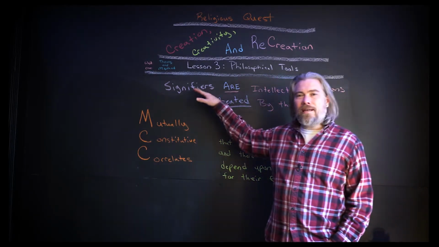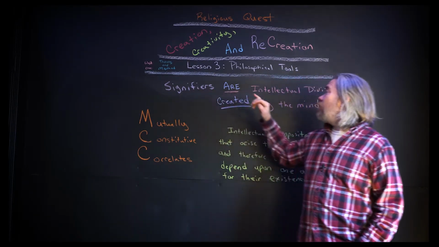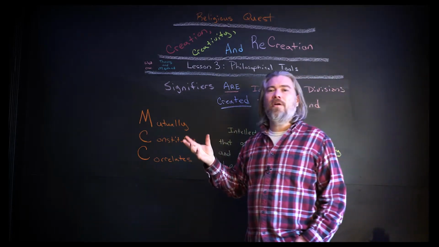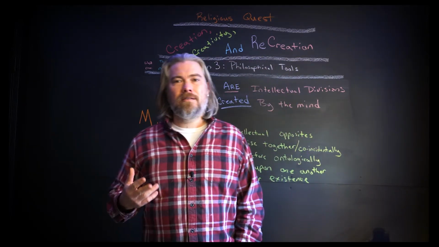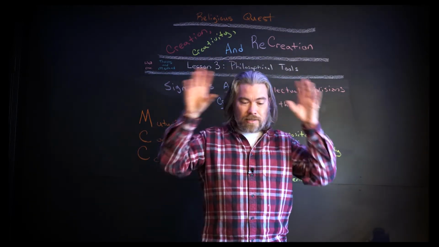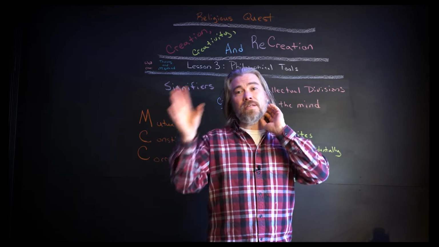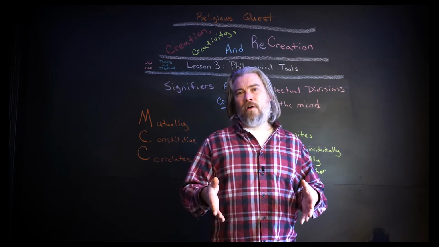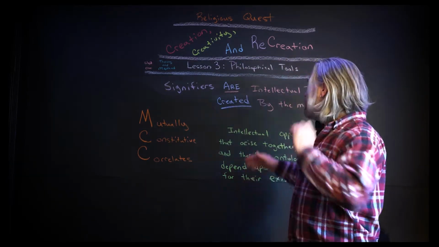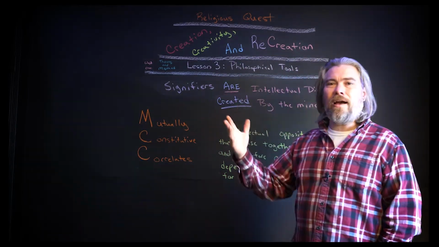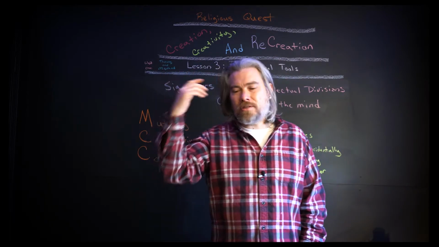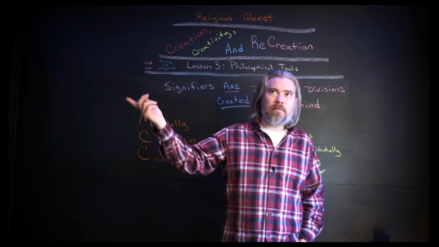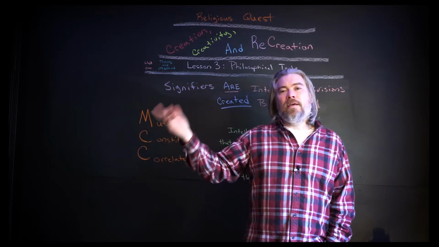So, as we already said in the last segment, signifiers are intellectual divisions created by the mind, right? We saw this all the way back to that Zen Buddhist monk who was saying that zero helps us to erase those intellectual divisions caused by the mind by grounding ourselves in the now, in the temporal moment. Signifiers, any signifier, are just simply intellectual divisions. They're things that we've made up in order to signify or point to entities in the world,